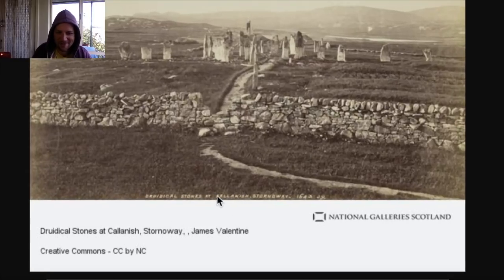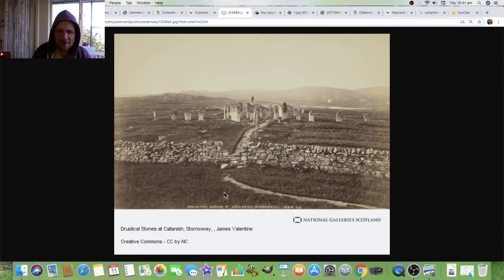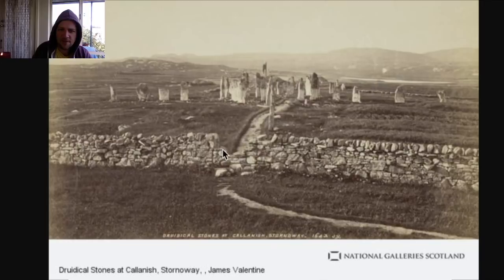It's called Druidical Stones at Callanish, Stornoway, 1642. I don't know why it says that. It's a photo. And what we have shows that the Gaels were living here, because you have the same stone cutaway that you see in ancient Ireland in a cruciform shape. So there's a road going through Callanish, and look, you notice this road continues through here,